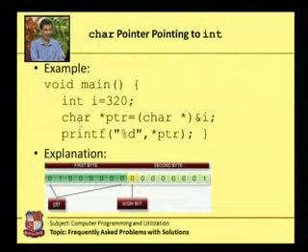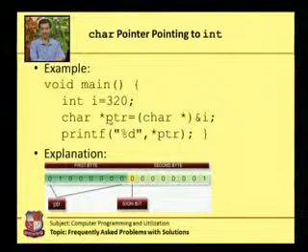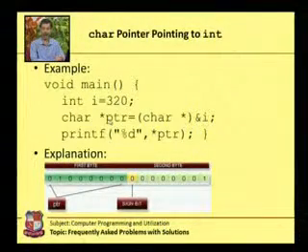And remember, any pointer declared for character understands that the address I have given contains 1 byte of data. The pointer of integer understands that the address I have given contains 2 bytes of data, and a pointer declared as float contains the address of 4 bytes of data.